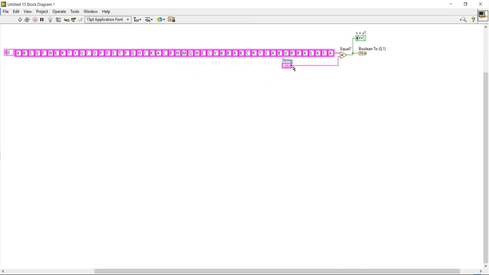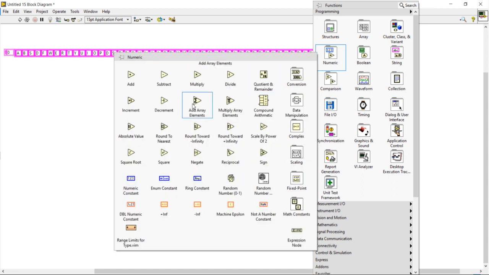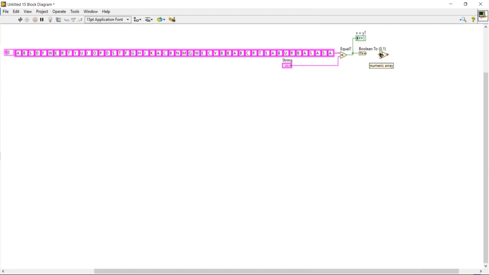So whenever it is true, sorry, after the equation it will display true. And whenever it is false, not equal, it will be false. It will convert each and every true to 1 and false to 0. After that, I will use one add array elements function.